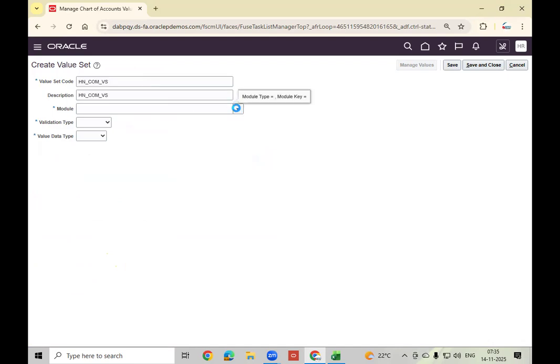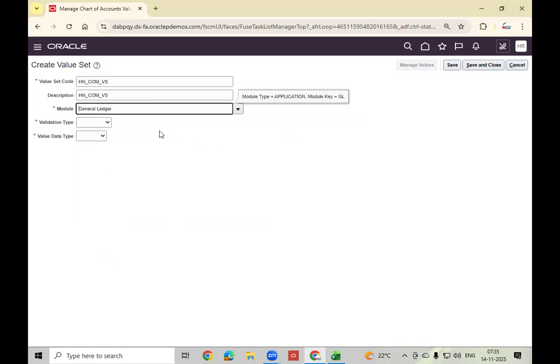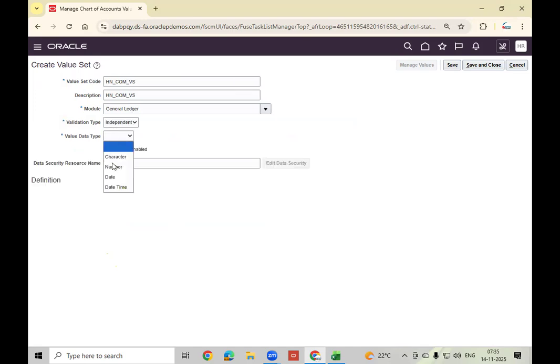This value set is defined for the general ledger module. In real time, the financial consultant will define this configuration, but here, for understanding purposes, we are defining our own. If you practice here, then in real time you will easily understand how the financial consultant created it.